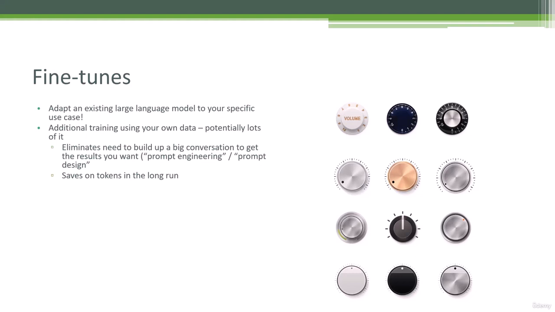So instead of relying on prompt engineering or prompt design to try to coerce ChatGPT into saying what you want to say, you can just train it up front with your own style, your own data, your own information, and then every subsequent query that you give to that fine-tuned model will do what you want out of the box. So in the long run, that can save on your token usage. But it also gives you some pretty exciting capabilities and possibilities of things to build on top of GPT.